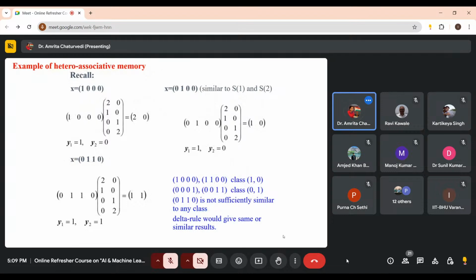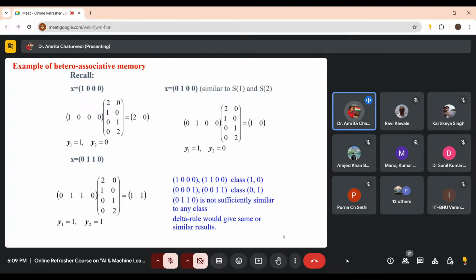So when you multiply 1 0 0 0 with the weight matrix, you get 2 0, and when you apply the activation function, you get 1 0, which is your T1. Okay, so this pattern is being recalled, right? Another is